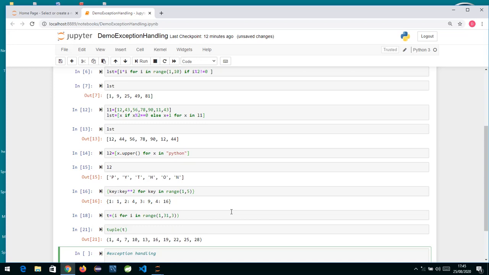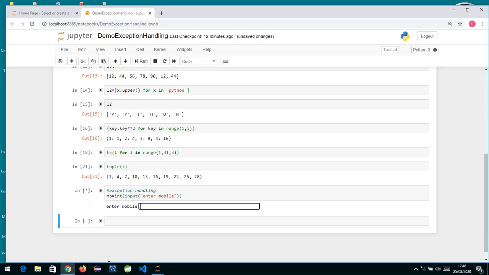Suppose I have written s is equal to input, and I write something like enter mobile number, and suppose I am downcasting, so I write int, and I take the mobile number in a variable called MB, and then I am doing some logic on the mobile number.